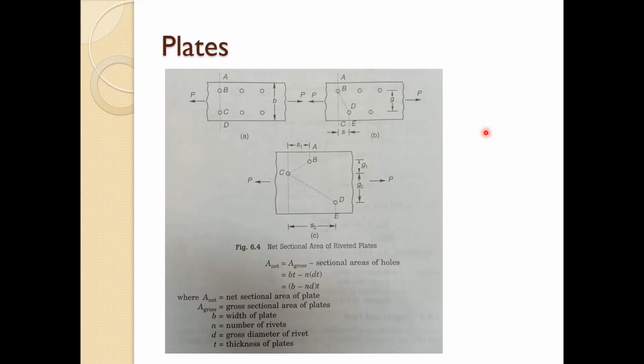Now the next part is net sectional area. So the net sectional area of the tension member is the cross sectional area of the member minus the sectional area of maximum number of holes. The stresses in the tension member are calculated on the basis of minimum net cross sectional area available. The reason for considering the net section in the calculation of stresses is the failure of section with the holes.